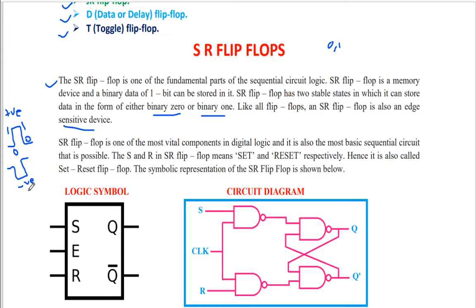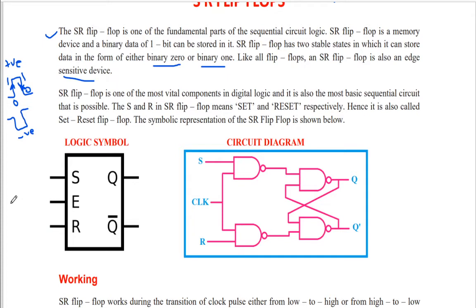So data inside a flip flop can change over the clock pulse. Whenever the clock pulse is moving from 0 to 1, we call it positive edge triggered because it is moving towards the positive end, from 0 to 1, and we call it negative edge triggered as it is moving from 1 to 0. Sometimes you find the clock pulse presented like this, it is positive edge triggered, and if you find it like this, then we could say the flip flop is working on a negative edge.